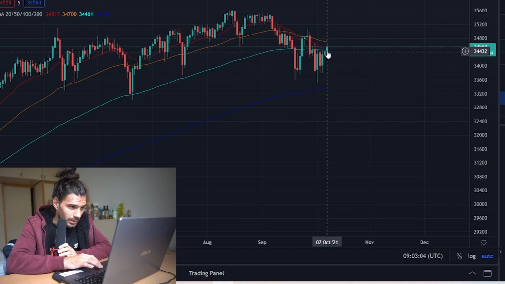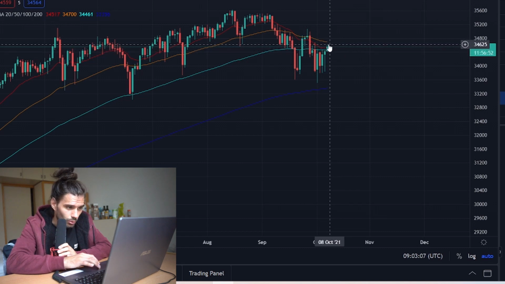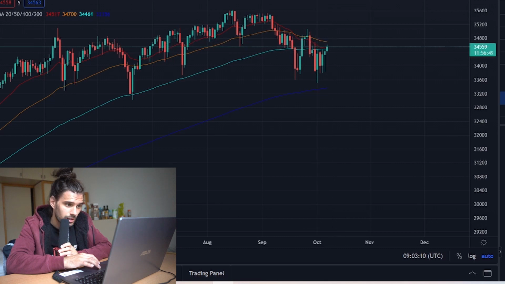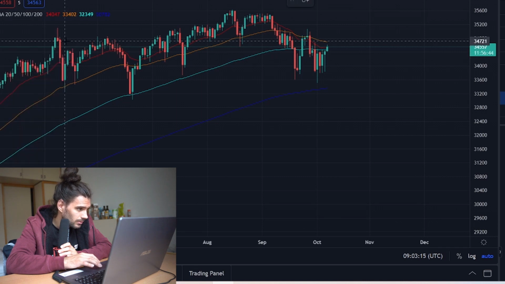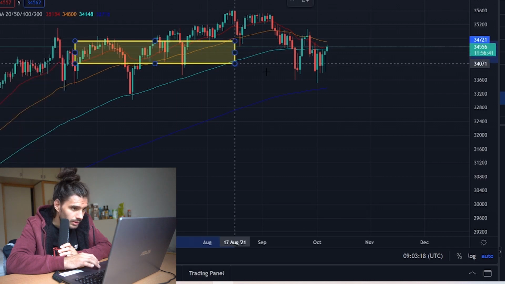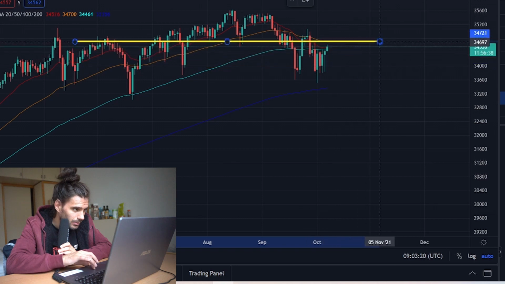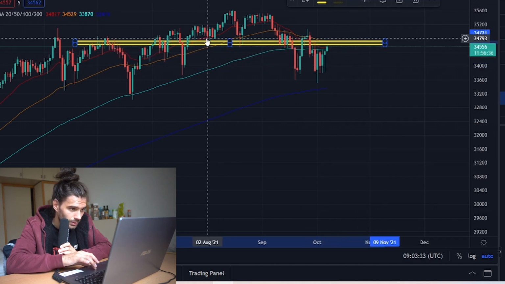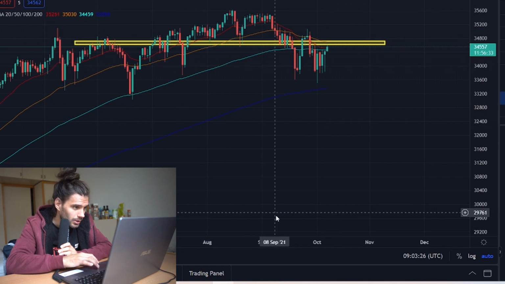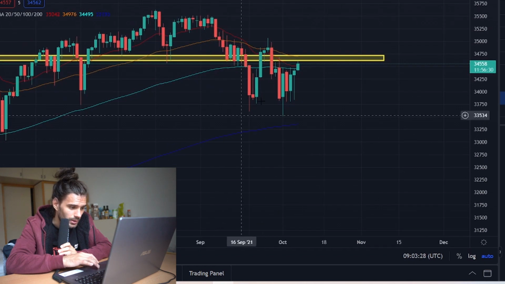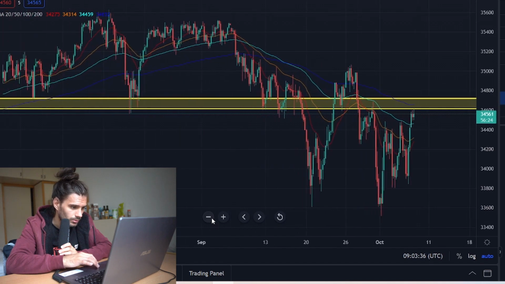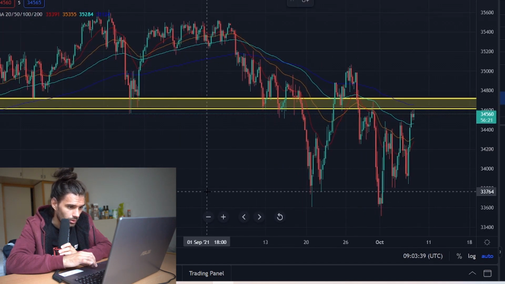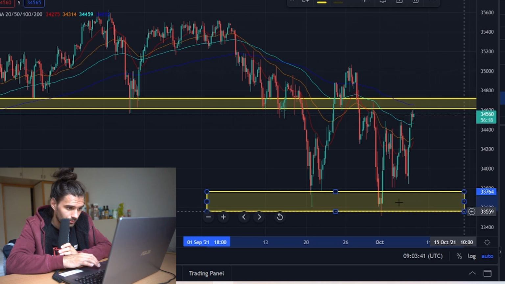looking at the EMAs, this is where we broke out, or we are breaking out at the moment, on the daily chart, and here is a resistance level at the next EMA, which would be this one here, the 50 EMA. So chances are that we might retest this EMA actually. So going down on the 4-hour chart and then the 1-hour chart,